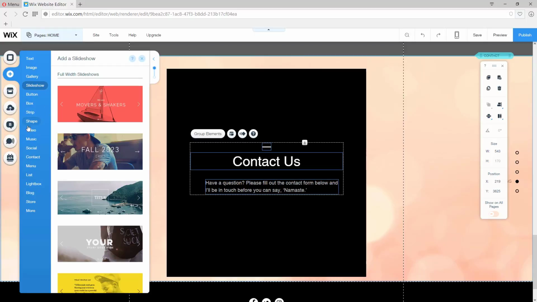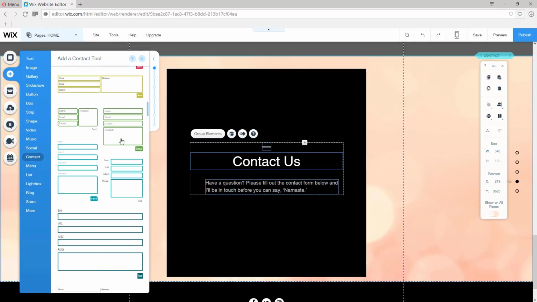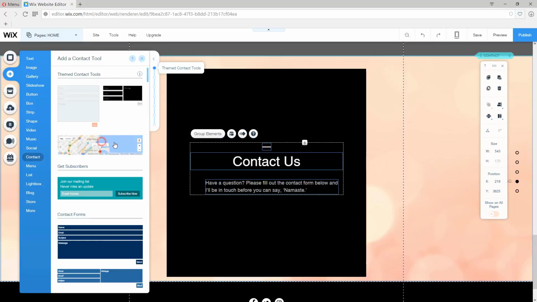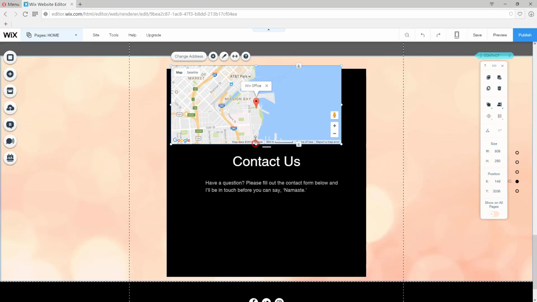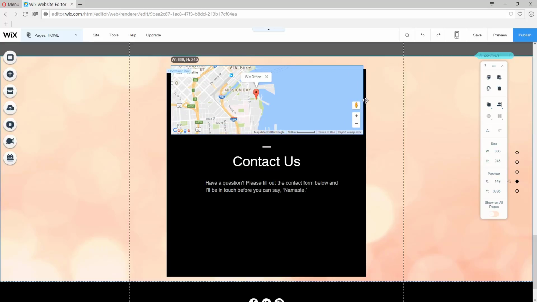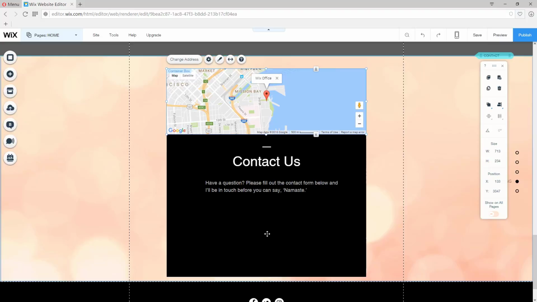I'm going to go to Contact, and I'm going to take this map above right here to show the customers where we're located. Once I put the map in, I can expand the borders so that it looks good right here in the box. I'm going to click Add again,